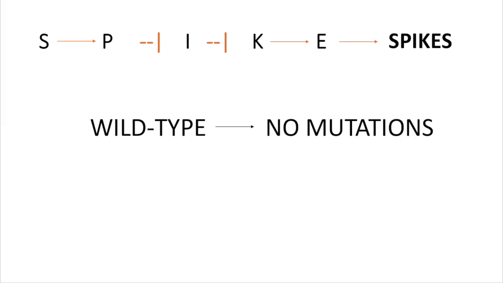Here's the developmental network for skin spike cells. The arrow symbol means the next letter is promoted and the other symbol means the next letter is blocked. The pathway we see here is known as a wild-type pathway, meaning that there are no mutations. In this pathway, S promotes P, which then blocks I. Since the I is blocked, it cannot block K, and K can then promote E, which leads to the formation